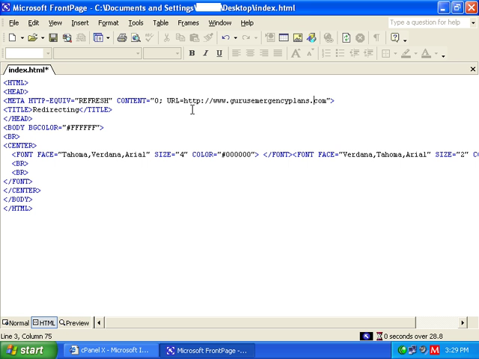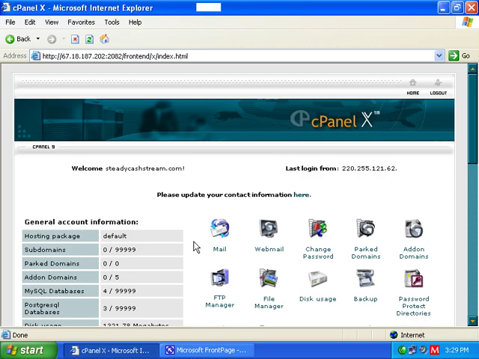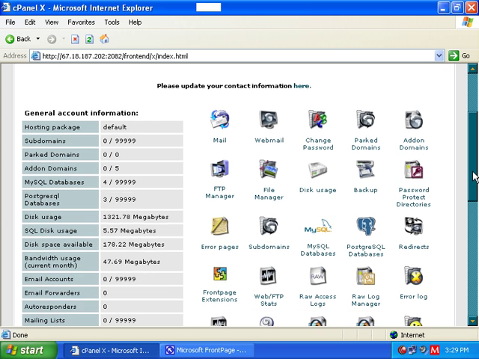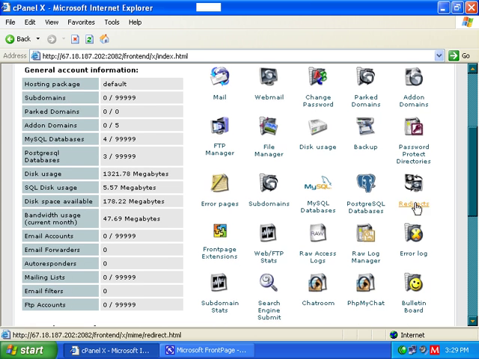So there are two methods. The first method is quite straightforward. If you are using cPanel or any other web host, most web hosts have a redirect feature on their control panel. This is the example, this is my redirect feature. So I click on the redirect,